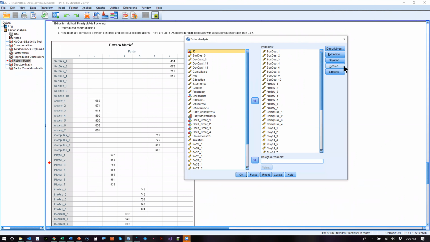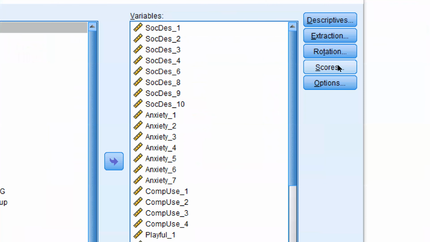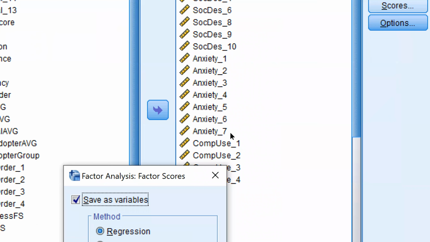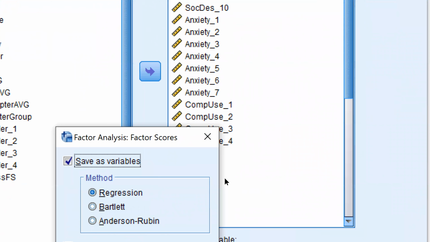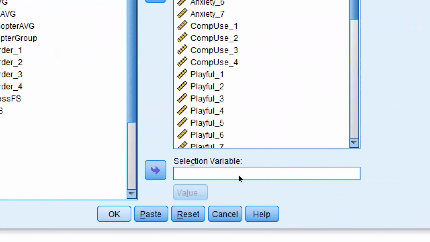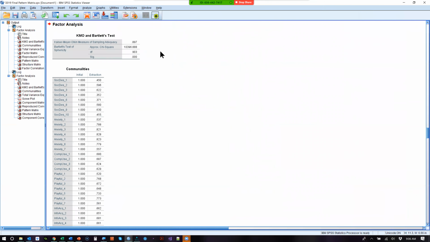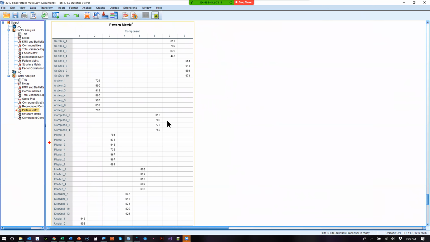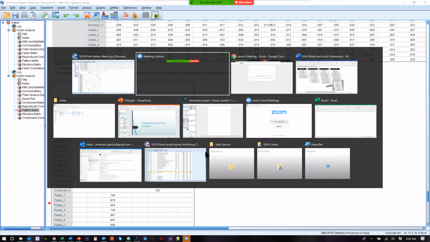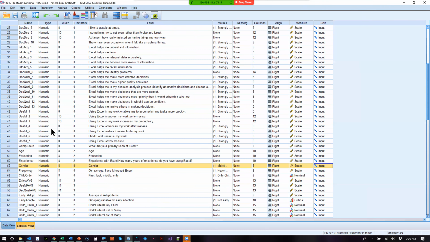And then when you're doing your factor analysis, you're going to look in the Scores button right here. Click on that, and then there's an option to save as variables. And if that's checked, then every factor will save as a new variable. So hit Continue and hit OK. And when this runs, it'll just run regular EFA. You won't notice anything special, except if you go back to your data set, you'll see at the bottom,